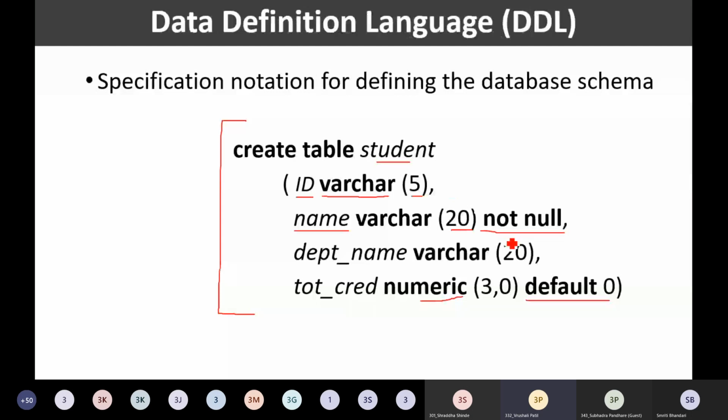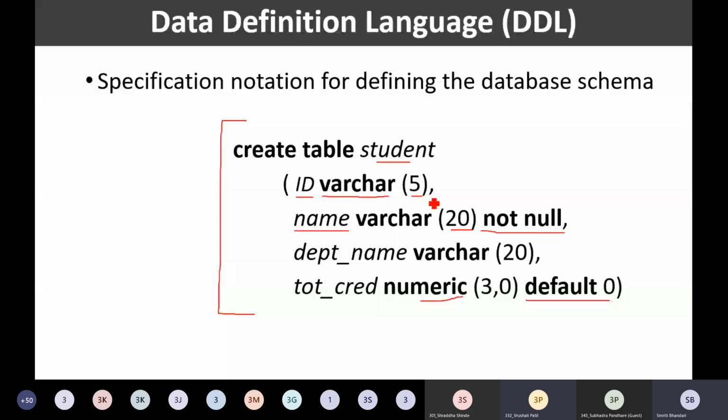As we wrote for name that's not null, can we write for ID and department name as well? ID, if you want to put a constraint for ID also, then you may have that constraint. Any attribute may have the constraint depending on our need. We may provide the default value for any of the attributes. We may provide any constraint for the attribute. So depending on whatever is the requirement, we are going to create the table. We are going to provide the definition for that table.